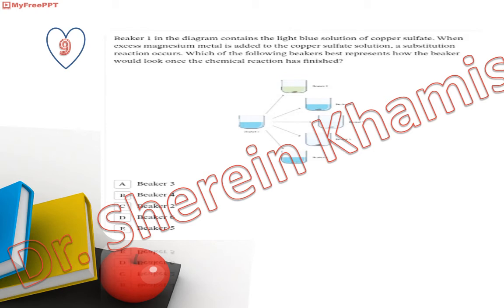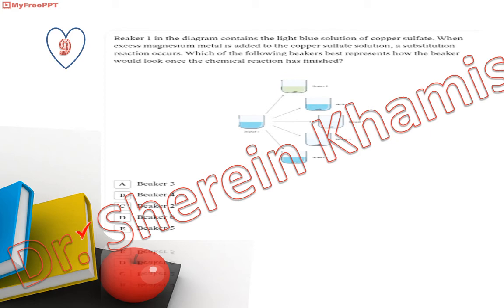So we have here beaker 1, 2, 3, 4, 5, and 6. What will be the indication that there is a reaction? The disappearance of the blue color. So the right answer will be beaker 5 here. The right answer is letter E, as it is colorless at the end of the reaction due to